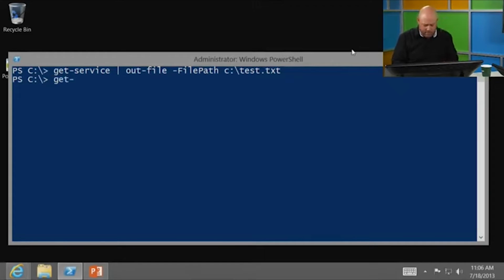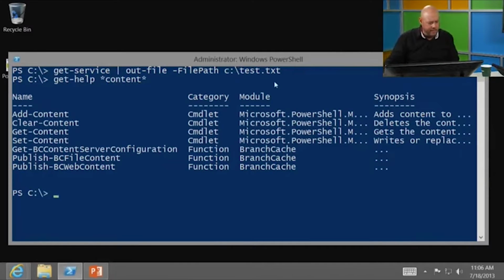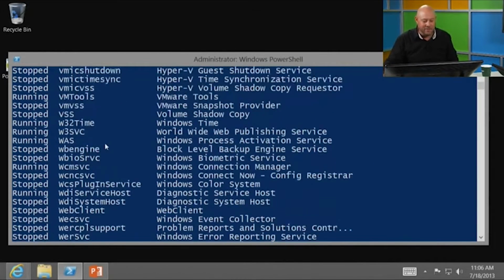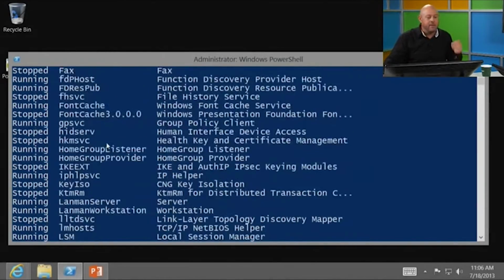I wonder if there's anything that could help me with getting content from a text file. Oh, look, Get-Content. The help system's your friend. So you can get the content from a text file by just using Get-Content. And I think I called that test.txt. And there's all that Get-Service content that I just put in a text file. But wait